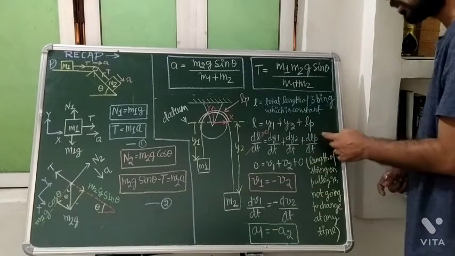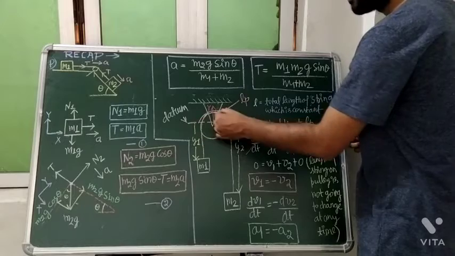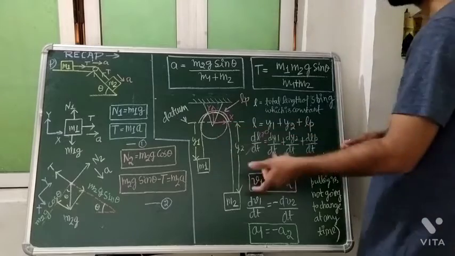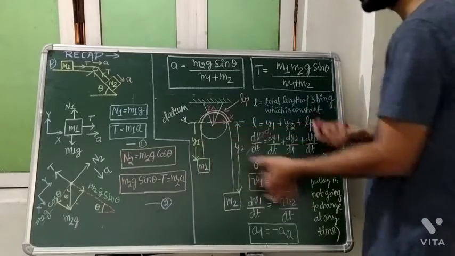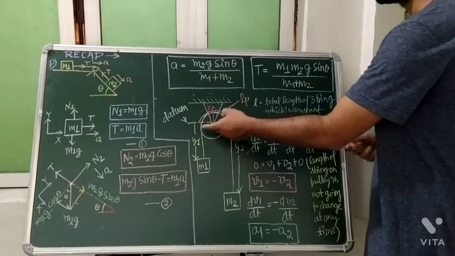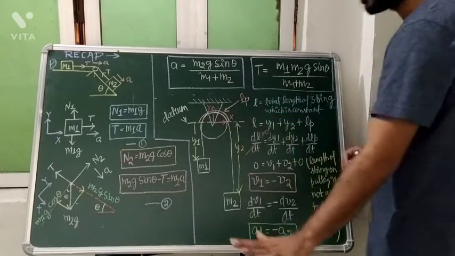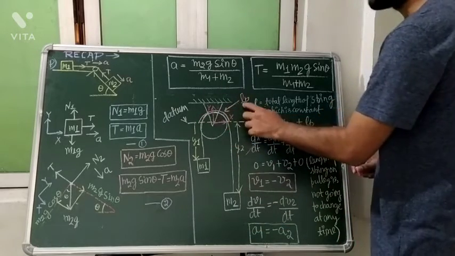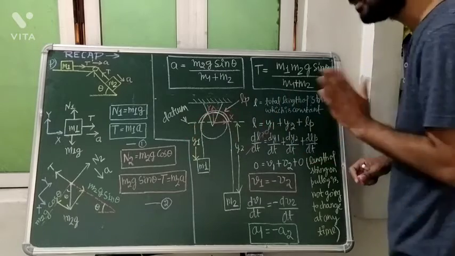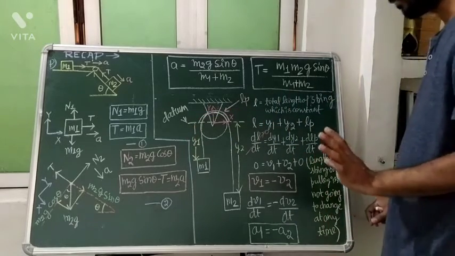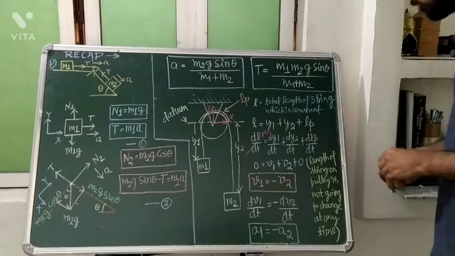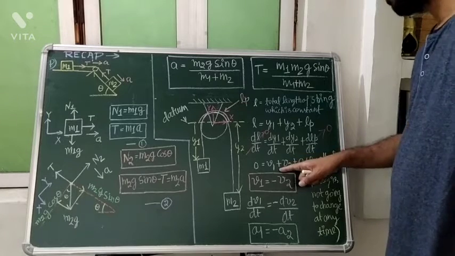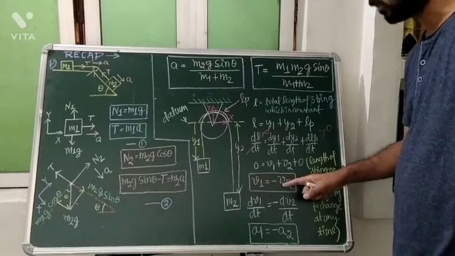And of course, student, the length present on this pulley, LP, even if the pulley is rotating, where our y1 and y2 can change, the length of the string on this pulley will always be the same. This length is not going to change. Whatever length will be present here, that will be the same. So since our LP is also constant, this derivative will become equal to 0. So from here, what will we get? Our v1 should be equal to minus v2.